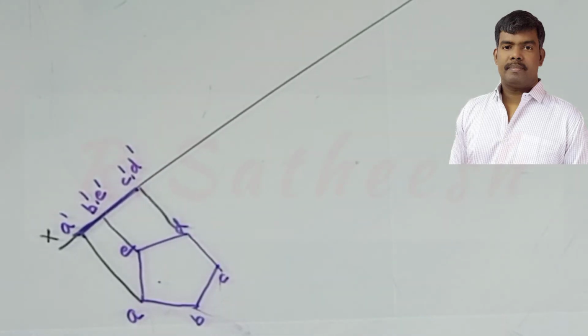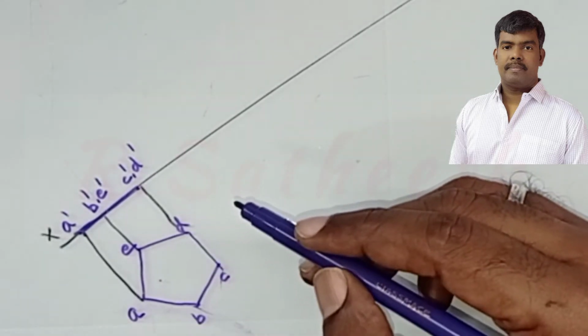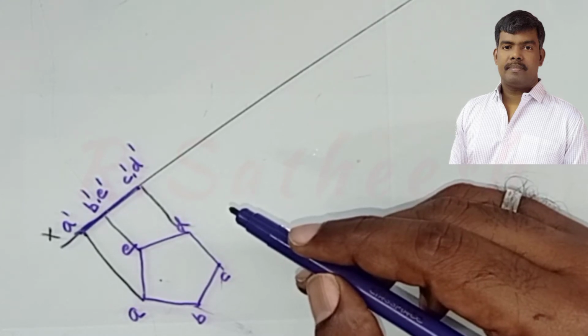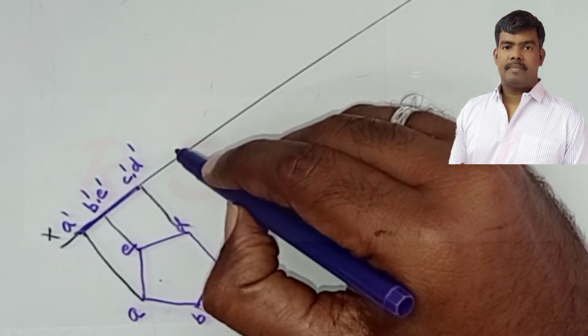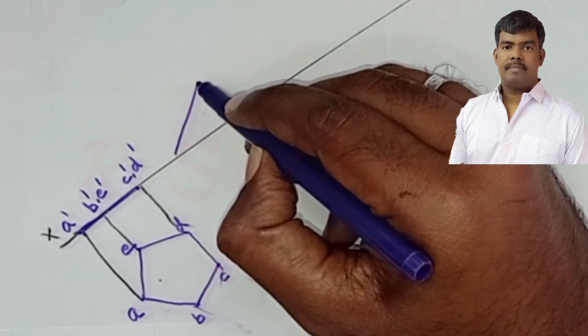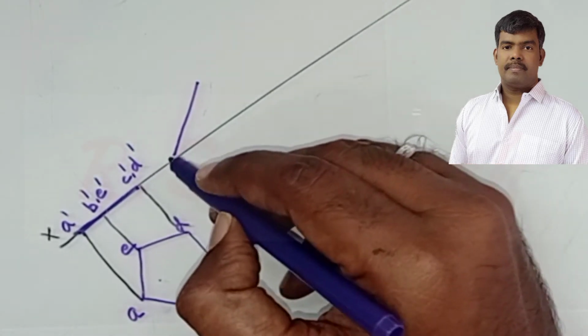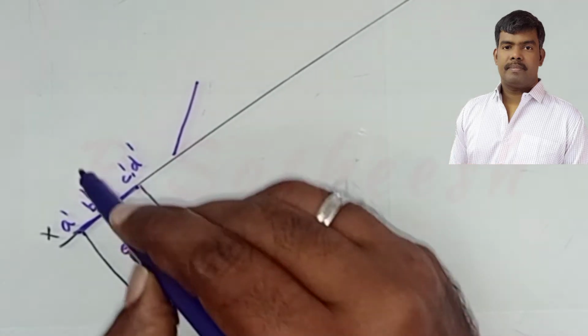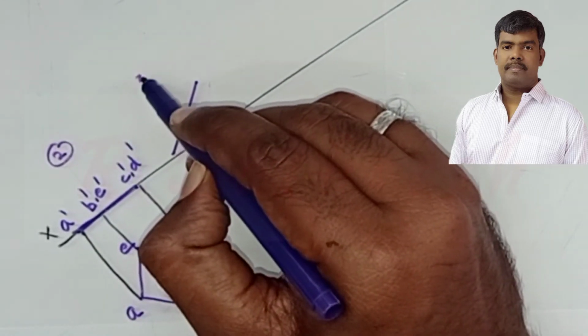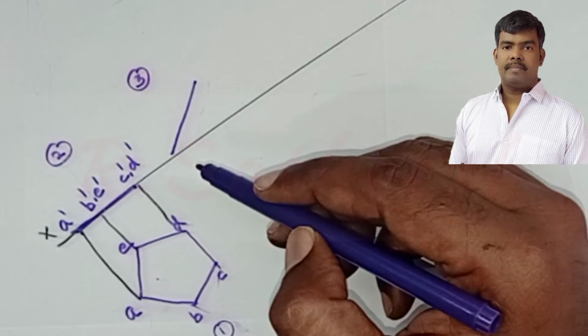Now once again read the last line of the problem. The surface of the pentagon makes 50° with the ground. In projection of planes, first the plane makes an angle, then the side makes an angle. In this problem, the surface of the pentagon makes 50°, so you draw a line inclined 50° to HP, or the ground. So this is the first diagram, this is the second diagram. We know that the second and third diagrams are the same shape and size, only the angle is different.